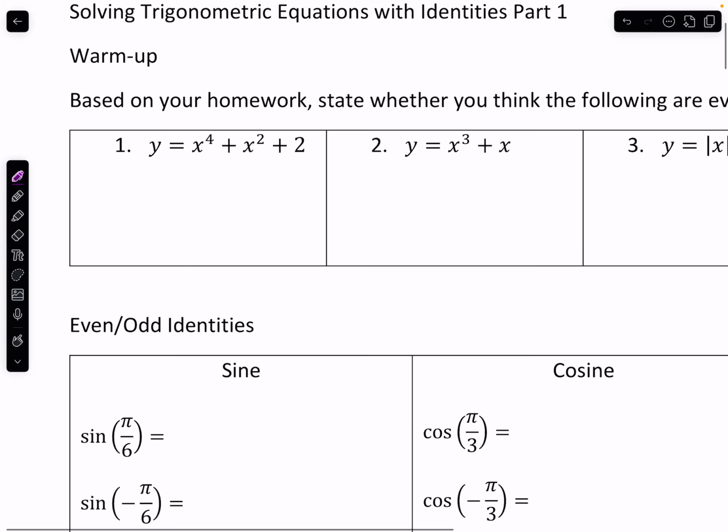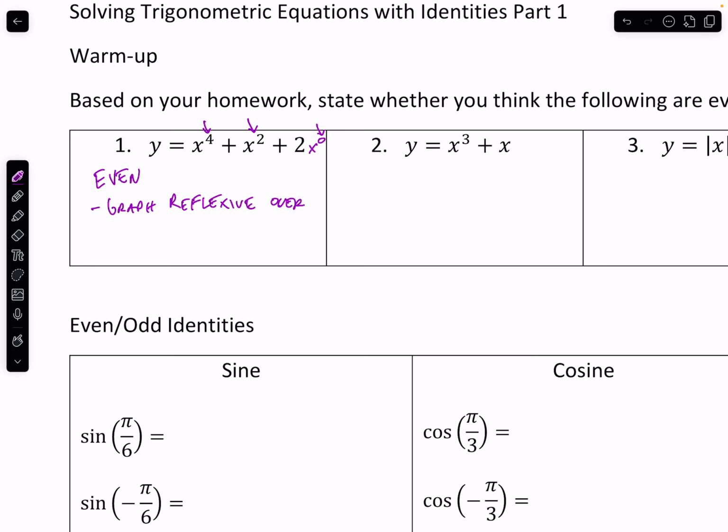Okay, so whether each of these are even or odd. So this one here is even. How do I know it's even? Well, because all the powers of x are even. All right. What would I know then? I know the graph for even functions is reflexive